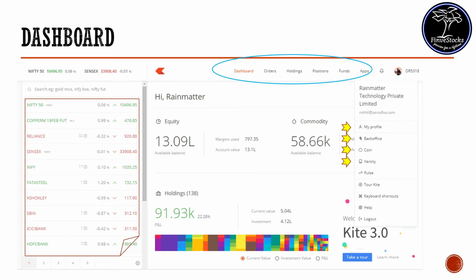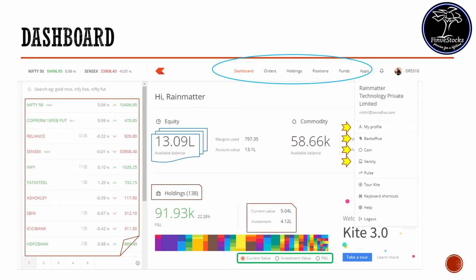In the main area, we can see the overview of the account with a pie-map visualization of stock holdings based on invested amount, current value and P&L. We can see the details of our holdings, how much is the available balance, what is the overall holding, how much is your investment and what is the current value, how much is your overall percentage gain, etc. At the bottom, a horizontal bar graph is given to view the most profitable and loss-making positions. Take your mouse over visualizations to see the values.